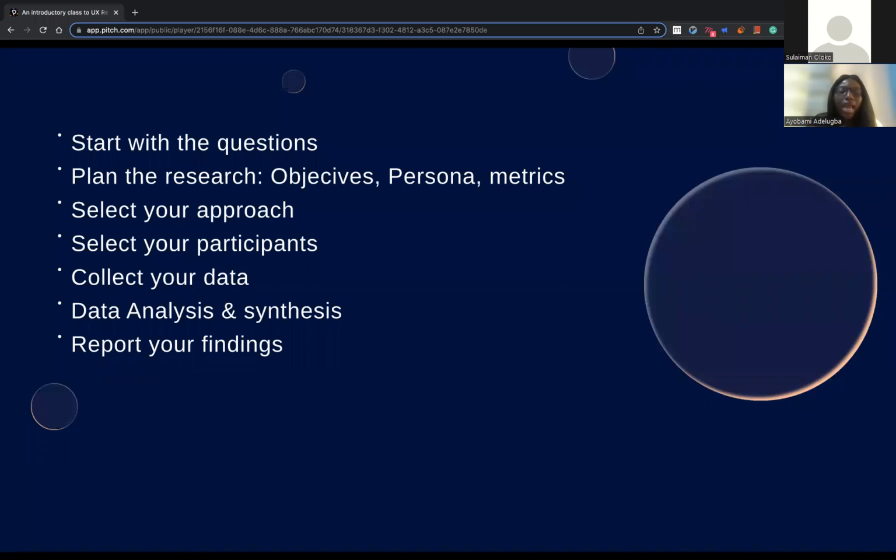You plan your research, and planning the research is not just in your head. You need to document it, because we have to go back to the stakeholders and say, this is the research plan, right? This is 1, 2, 3, 4. This is what we're going to be doing. These are the people we're targeting. Does this align with what you're looking at? Does this align with your objective? We need to be in sync, so it's essential to document it and go back and present it in a slide or presentation mode, so that there's alignment between what you want and